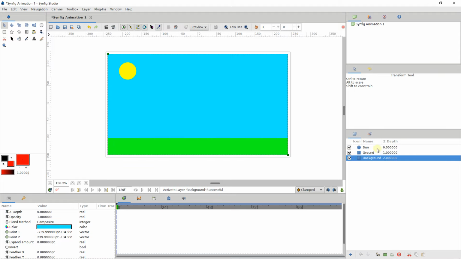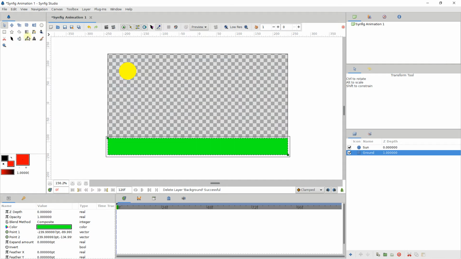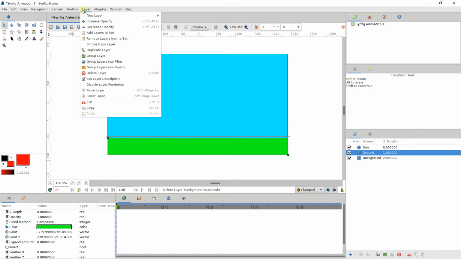Something interesting, if you want to delete a layer, you can click on the arrow here, but on this icon, and you can right click and you have different options also. You can delete the layer. If I delete my background layer, I can click here, go on edit and undo. All these things, you can go on the layers panel and you can find exactly the same type of thing.